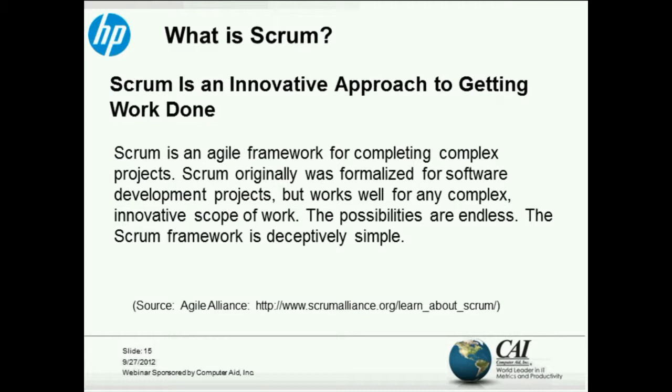The term Scrum originally comes from the rugby activity where the team huddles together to move the ball down the field, which is exactly what Scrum is. It's enabling the team to effectively huddle together to move toward the goal, to move toward the end product that works.